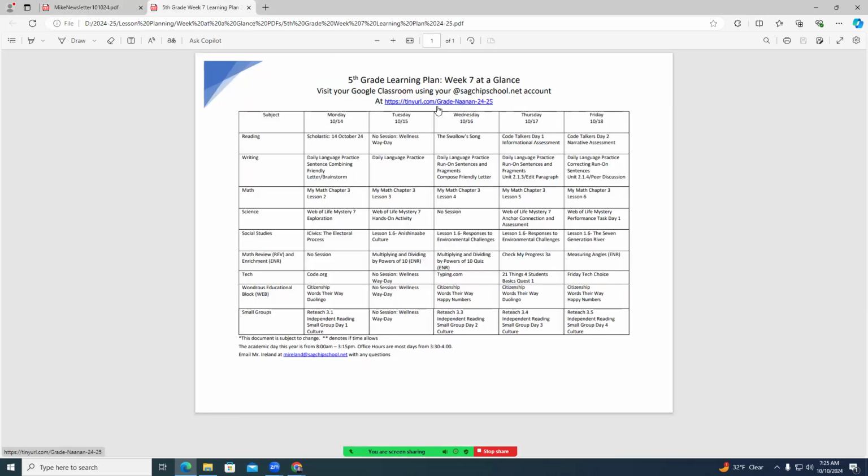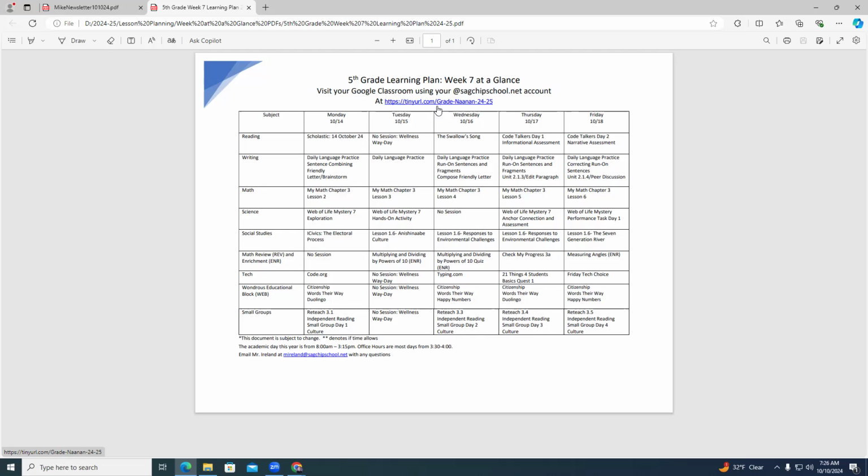Our Week at a Glance document here is always useful to show students, like, hey, what are we doing here? Did you do this? What did you learn about that? Conversation starters. It's also a nice organizational tool for me. You'll see that we have a regular 5-day week, even though we'll be out of the building part of the day on Tuesday. In writing, we're doing a couple different things, a friendly letter, and also continuing on with our opinion pieces.